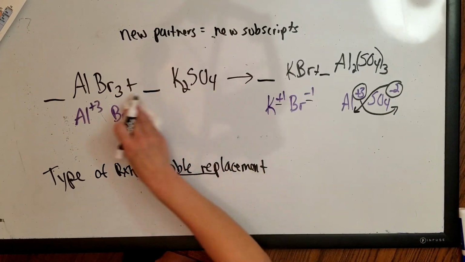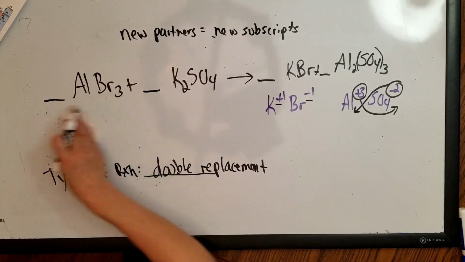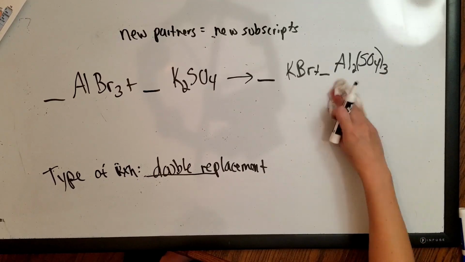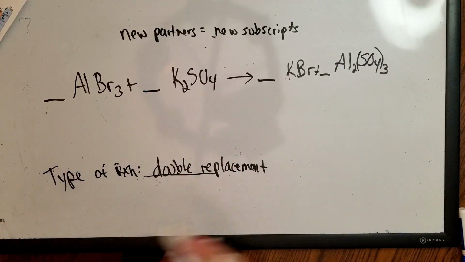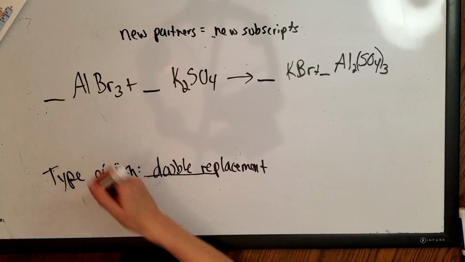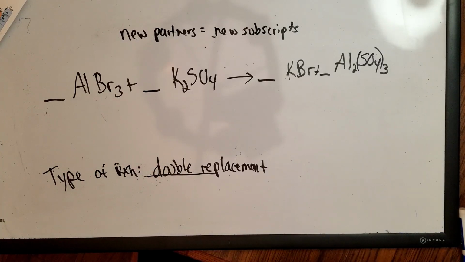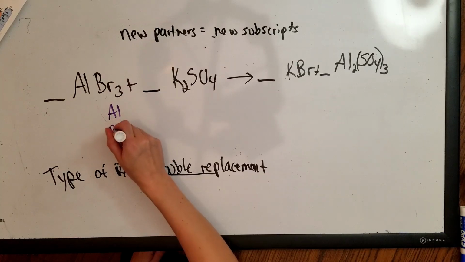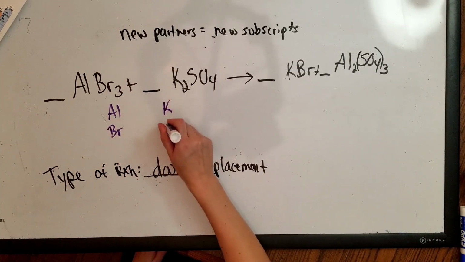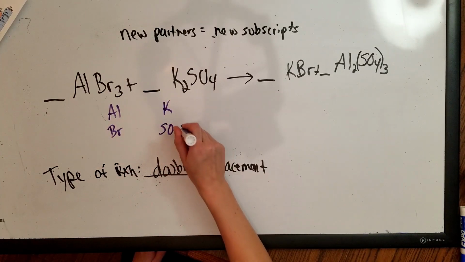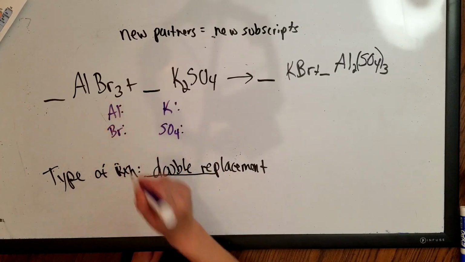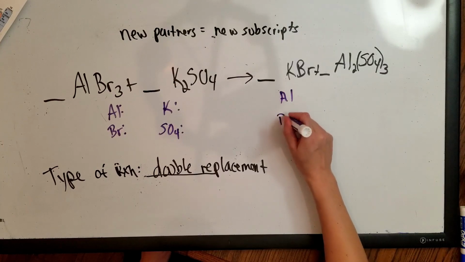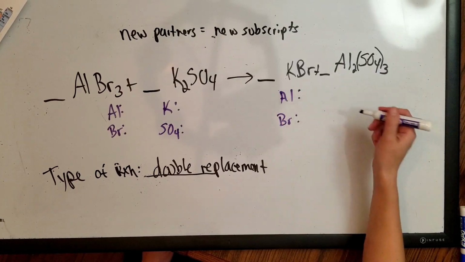Let's balance. When you're balancing and you have a polyatomic, something that's really going to help you is to keep the polyatomic together. So what I mean by that is I'm going to write aluminum, bromine, potassium, and I'm going to write SO4 instead of splitting up the sulfur and the oxygen, because that's just going to make my life easier. Over here I'm going to do the same thing, and I'm just keeping it in the same order because it's easier for me to keep track of